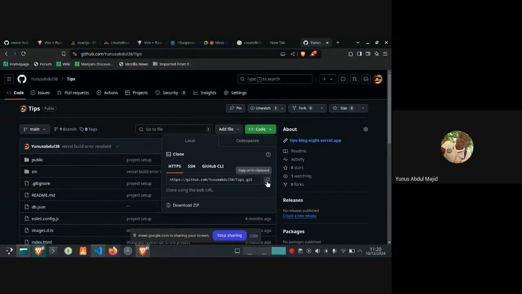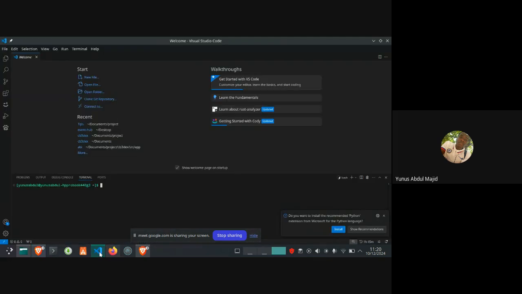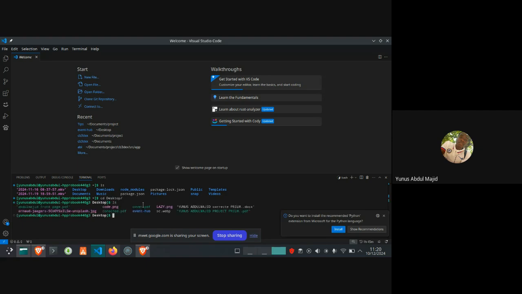This code right here. Then let me check the directory that I am in. I hope this is not too much for you guys. I'm using the command line to check the directory. I want to cd into my desktop, because that's where I want to create the folder. Then I'll enter inside the desktop. ls is for checking the contents, the files inside the desktop.